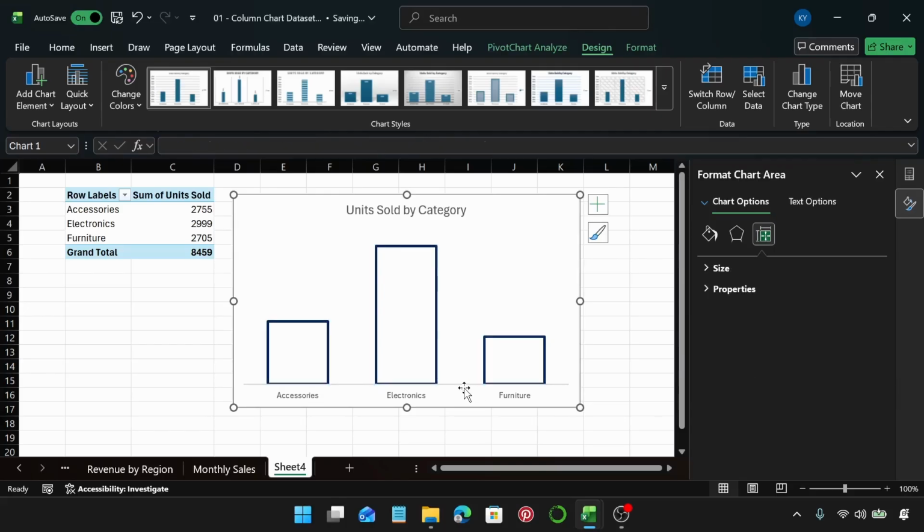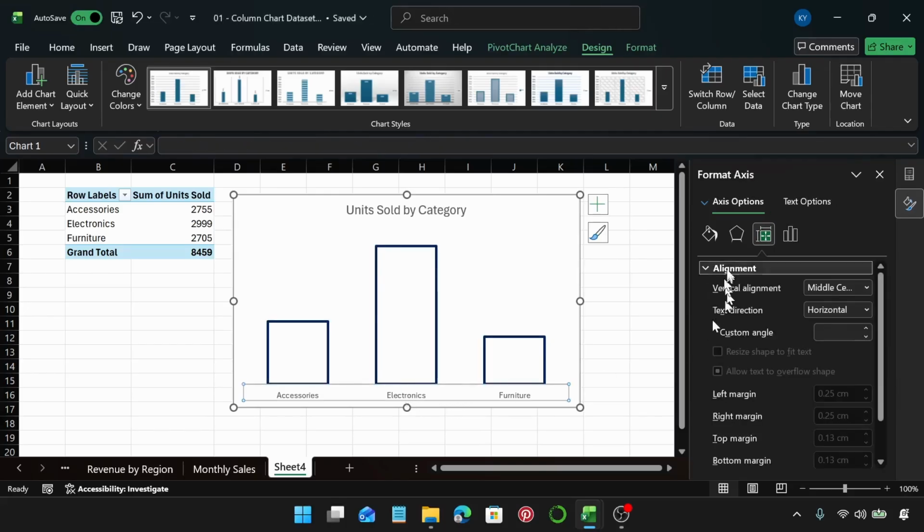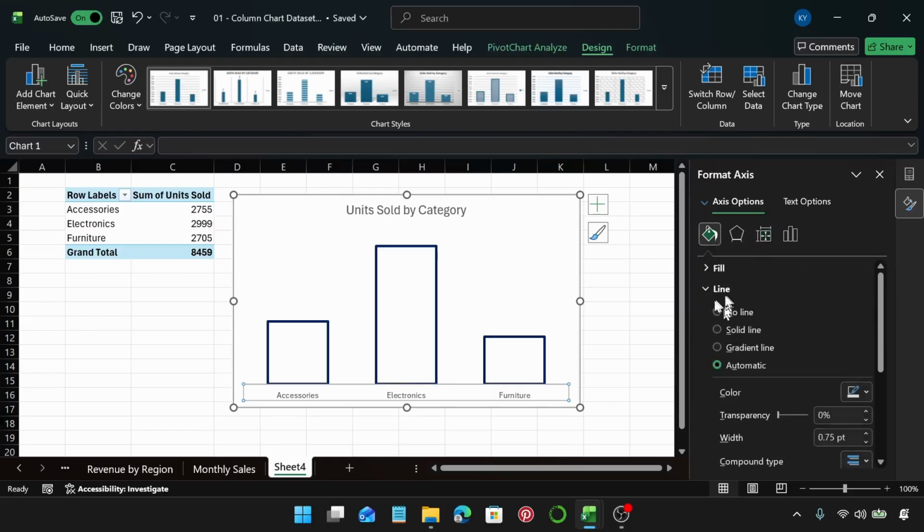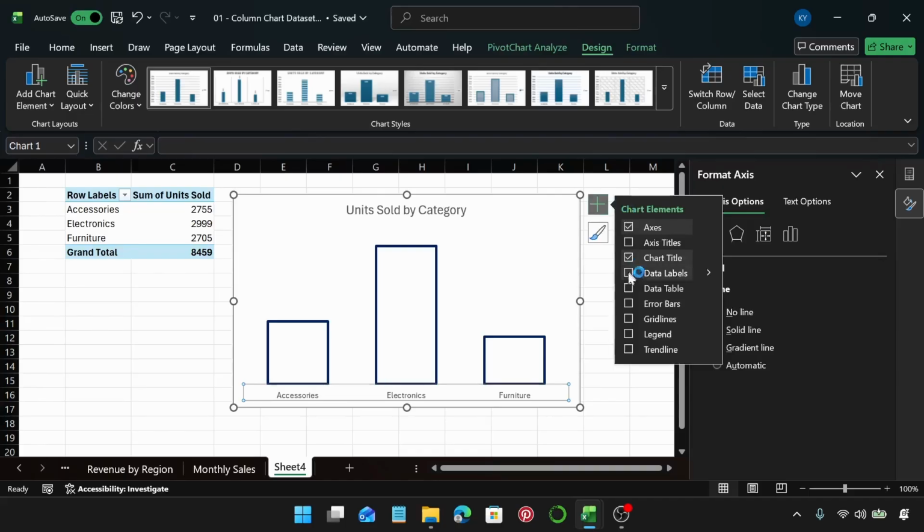Next up is this section, so I'm just going to select it, and under fill, I'm going to go to line, and we're going to select no line. Next, let's add data labels, and under data labels, select more options, and we're going to select